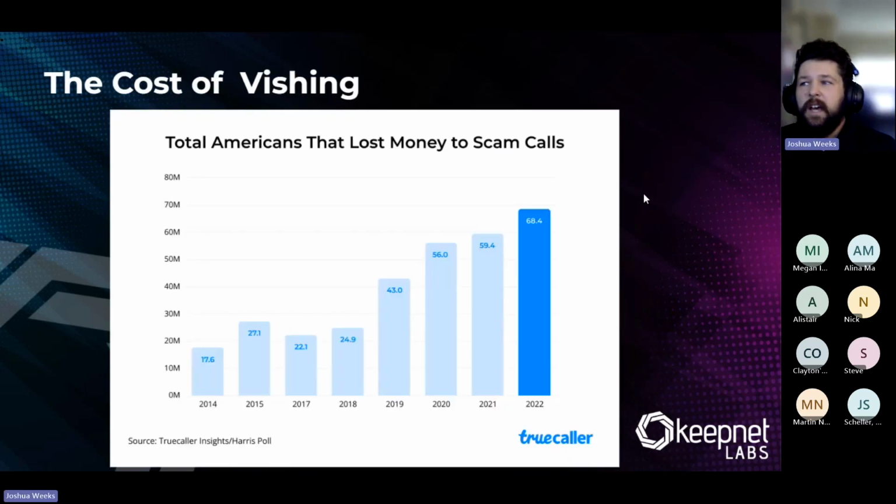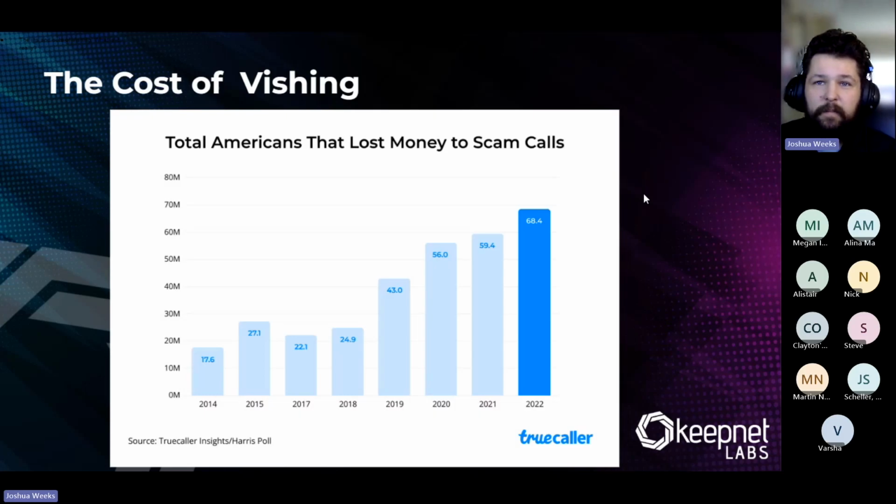And just some statistics to highlight. Our research shows that in 2022, over 68.4 million Americans had some sort of financial loss due to a Vishing scam. You could see that from the last 4 years, in 2018, it's gone up about 75% from 2019. So the bad guys are starting to use this threat vector a lot more frequently. It's generally easier to impersonate someone's voice over the phone these days, it seems like, than writing a suspicious email.